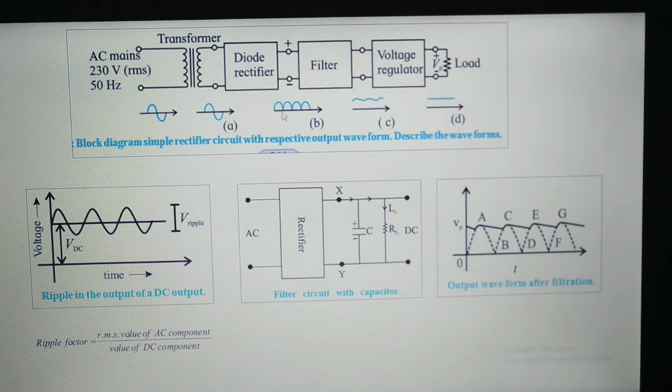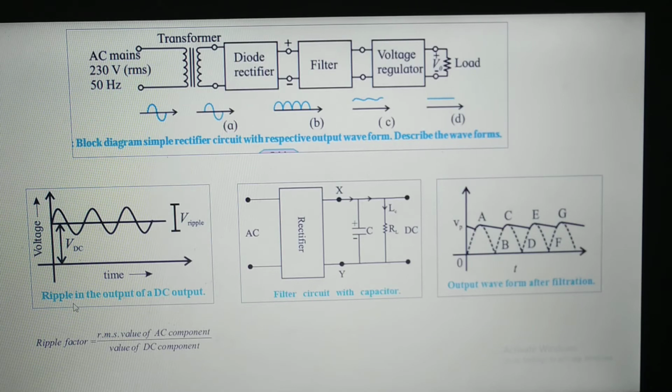But this waveform consists of some AC component in it. If we apply this waveform directly to our electronic devices with this AC component, it will surely damage them. So in order to prevent damage to our devices and overcome the situation, we have to apply the output of the diode rectifier to the input of a filter circuit, in order to remove those AC components. This AC component is usually called ripple, and there are some characteristics of this ripple.